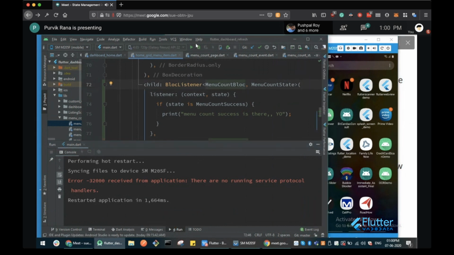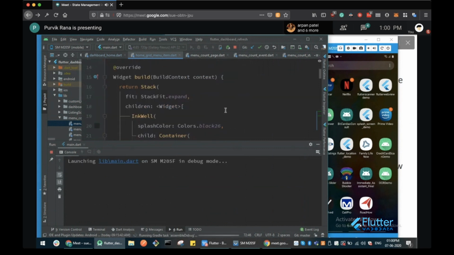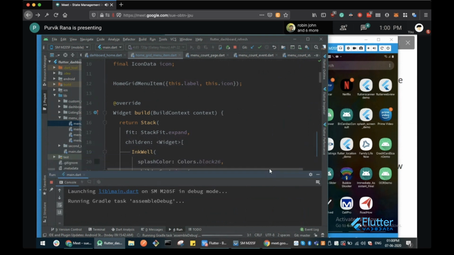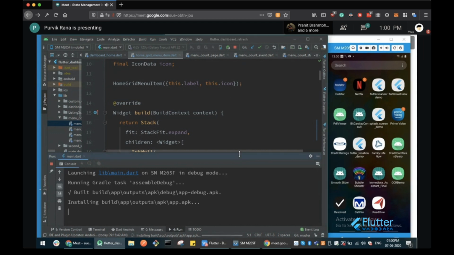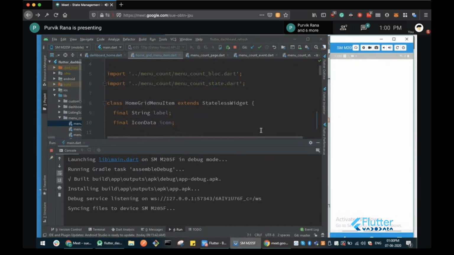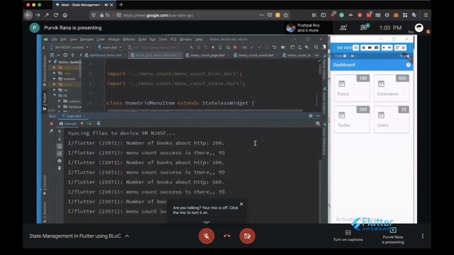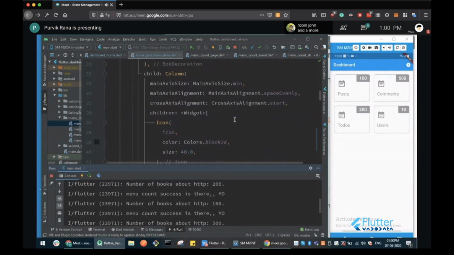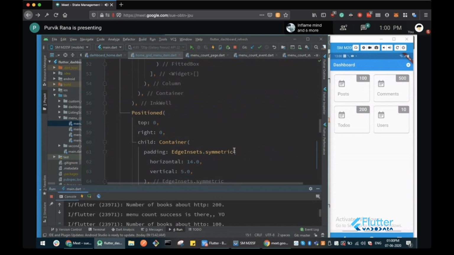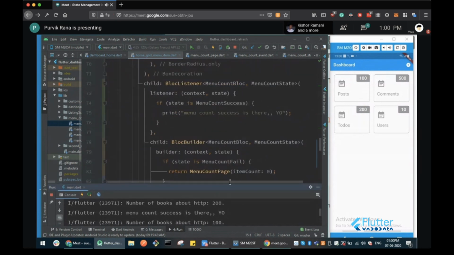Let me rerun it. Yeah, so as you can see, I have not integrated the scaffold over here, but you can see how this block listener is sensing the state change, and it is also printing out the statement over here.